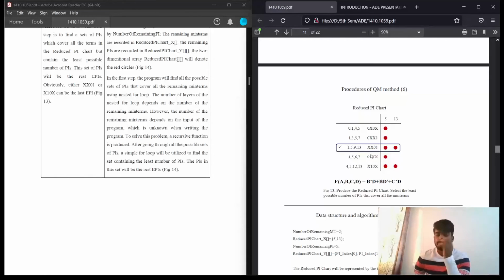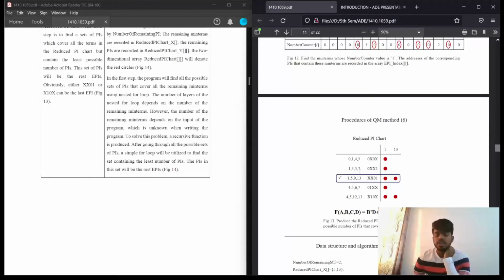So check out here for example. We need to make sure we select the prime implicants in such a way that they cover all the min terms. So there are two particular combinations here. One is 1, 5, 9, 13, which will take care of 5 and 13, and 4, 5, 12, 13 will also cover all remaining min terms. So we can select either one among these two. Both the answers are correct. For the sake of this, we can write both the answers, but we just select here 1, 5, 9, 13.